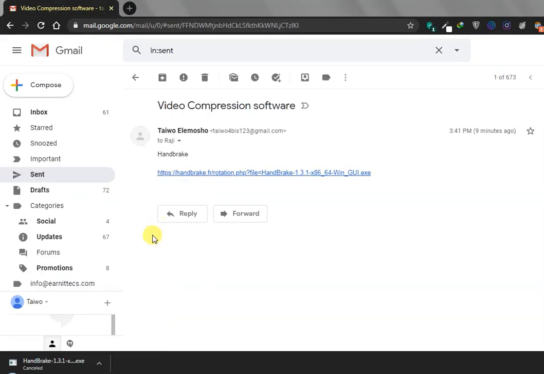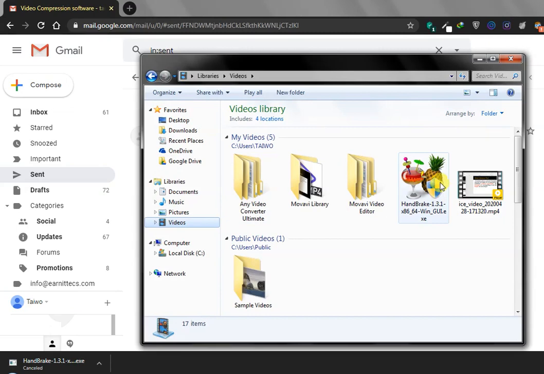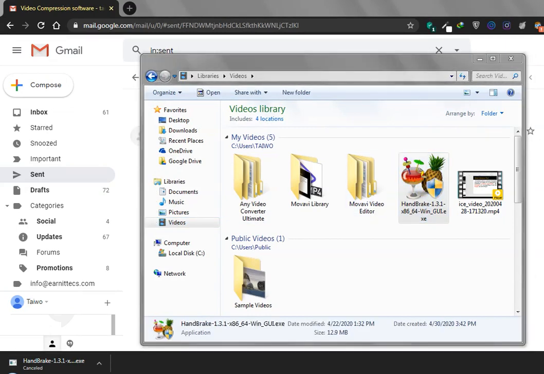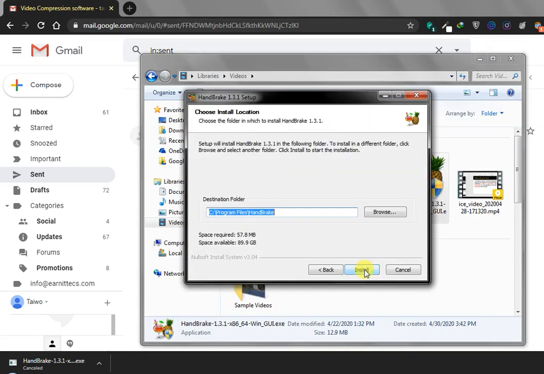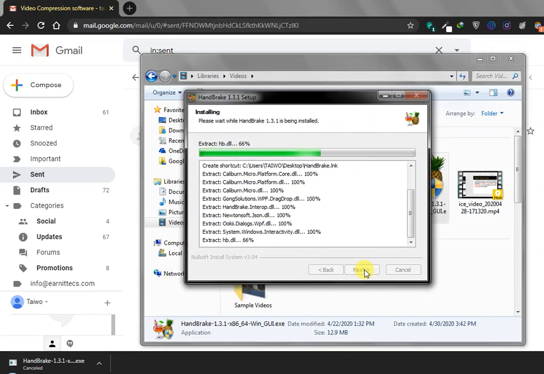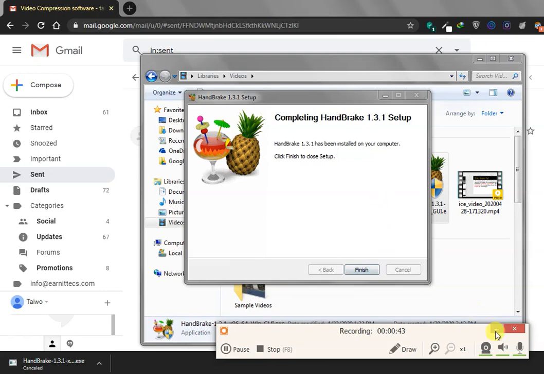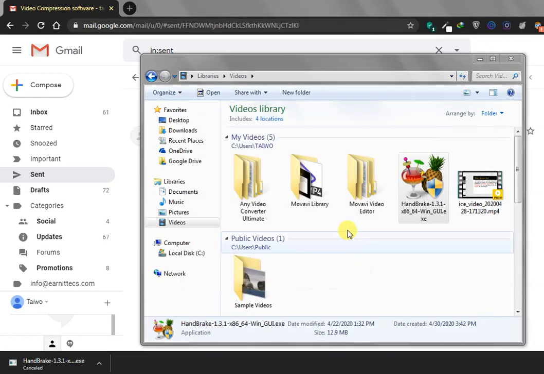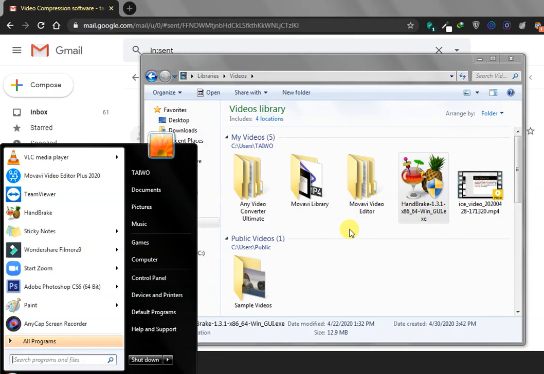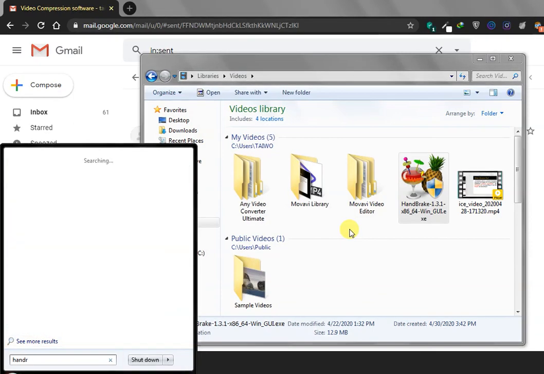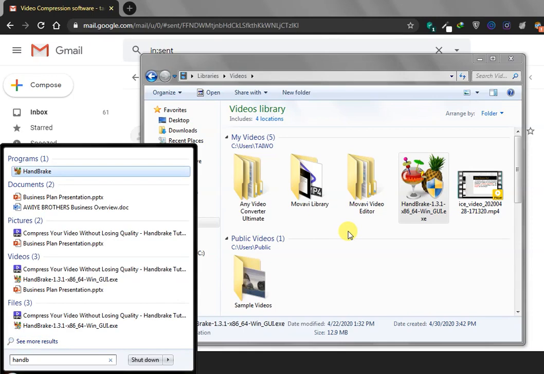So I'm going to video, then here's the software, Handbrake. Open the software, say yes, then next, then wait for it to install. Then after installation, you click on finish, then come to your Windows, then type Handbrake. There you have it. You open,